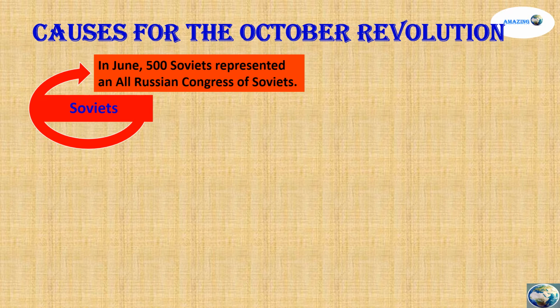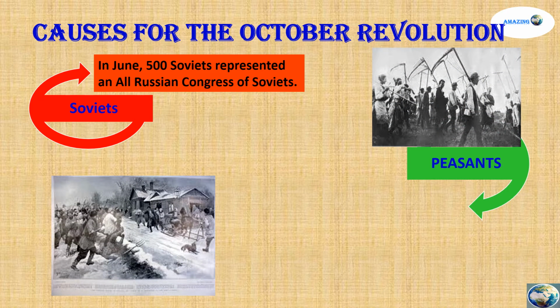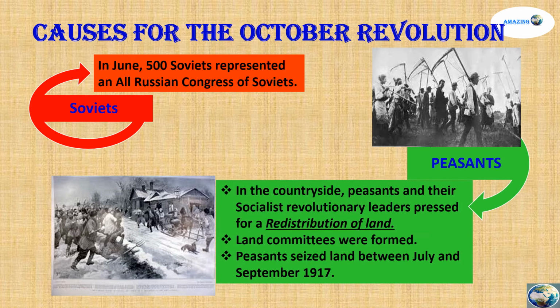This was happening in the cities, but away in the countryside too. The peasants were creating problems because the peasants, along with the Social Revolutionaries, those are the peasant revolutionaries, socialists, who were demanding redistribution of land, now pressed for the provisional government to do it. At the same time, they formed land committees,